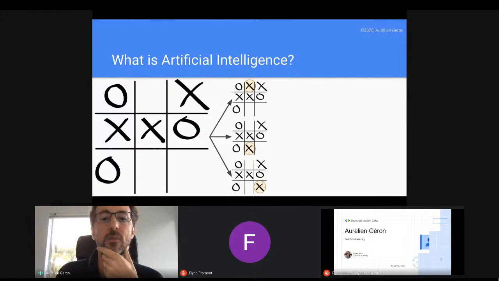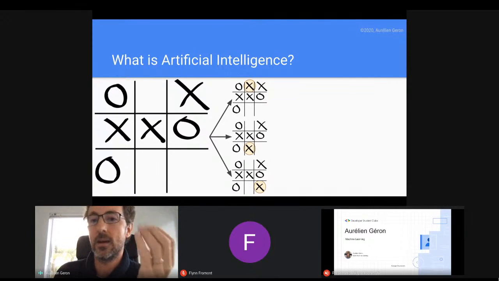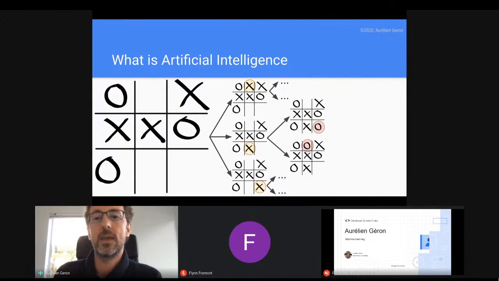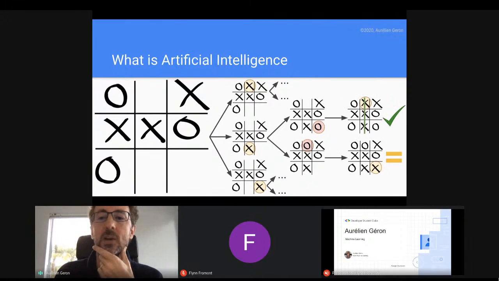It can look at all the various things it can play and look at the outcome. Then imagine, if I played this first move, what can the human player play? And then you get basically a tree of possibilities. It can look at the final outcome, roll back up to the top and decide, based on what it knows the outcomes to be, what its first move should be.